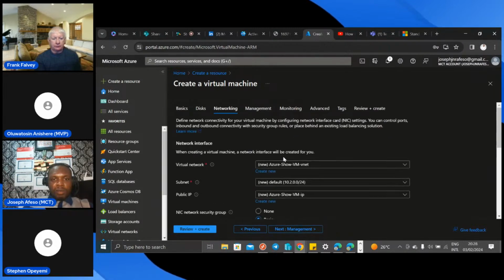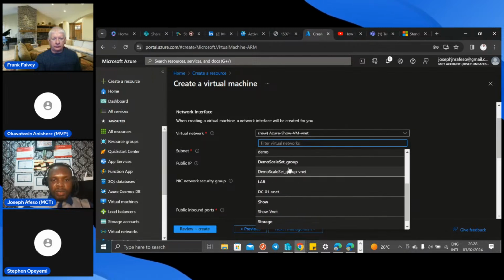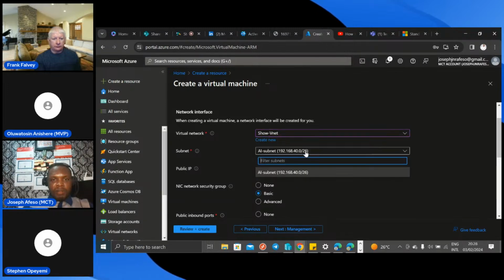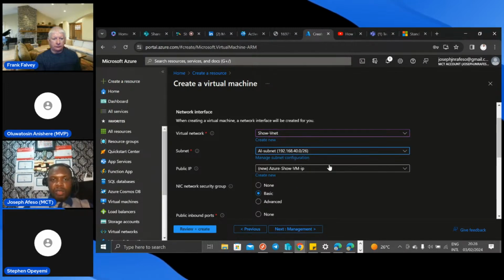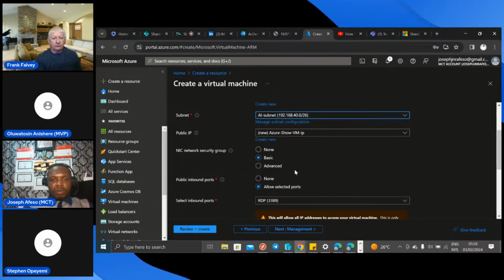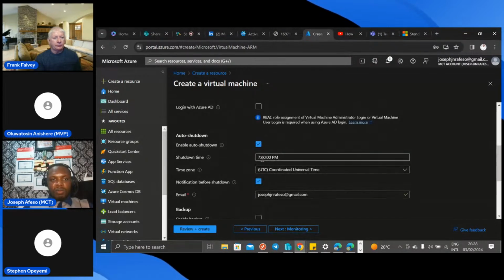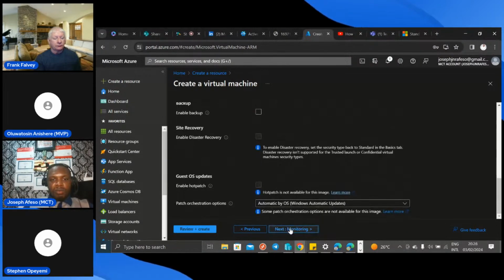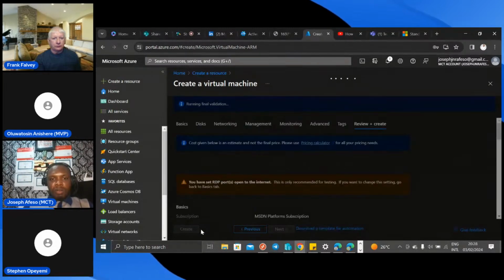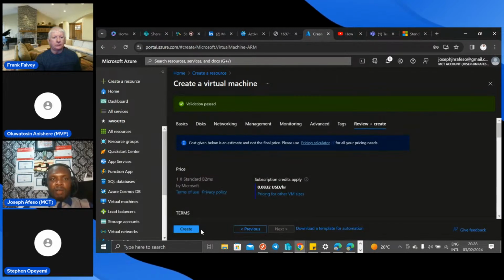So it's going to give me option. Now I know that I have a virtual network I created and I call it show VNet, and inside there I have AI, which is the only VNet available here. So we are going ahead to go to management. In management is just for us to manage when we want the device to turn off and some other basic settings. So we just hit on create. But what I'm just trying to say is that the network that is going to be assigned to this machine is going to be one out of what we have